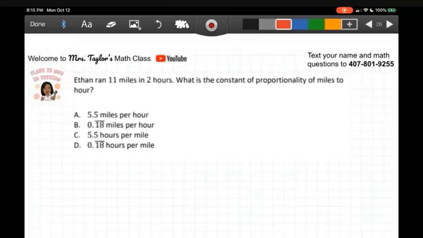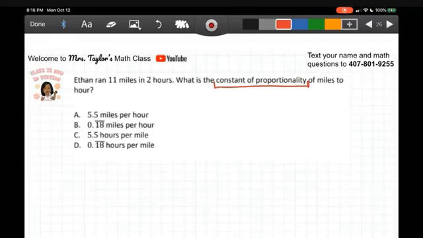All right, here's another one. It says Ethan ran 11 miles in 2 hours. What is the constant of proportionality of miles to hour? Boy, talk about intimidation. Look at this term right here. You were like, what the heck is constant of proportionality? Okay? Who knows what that is? Well, I do. This right here is just asking what's going to be the rule every time